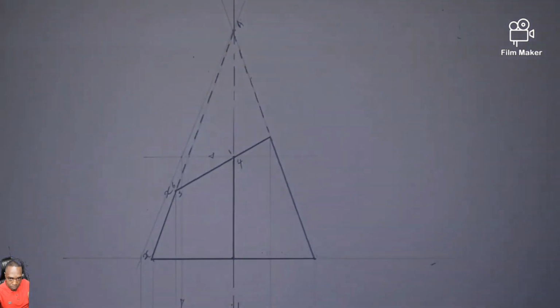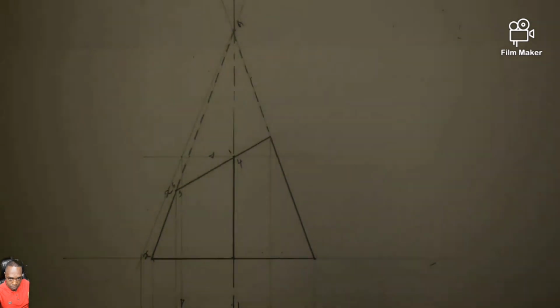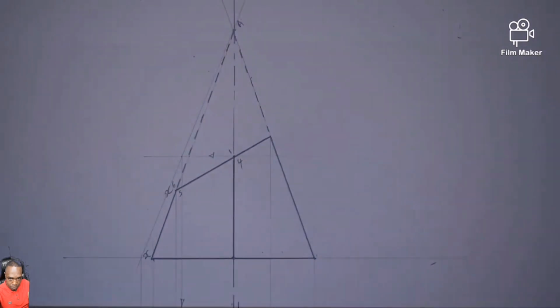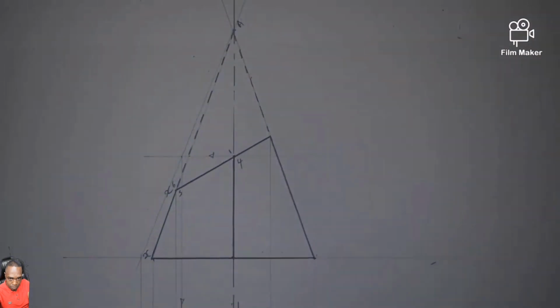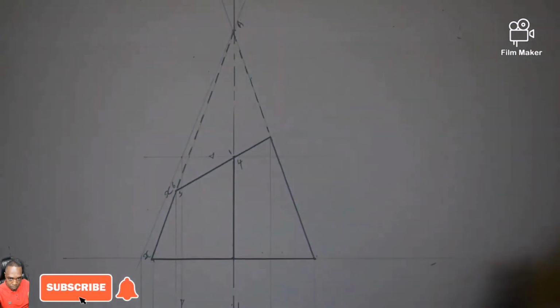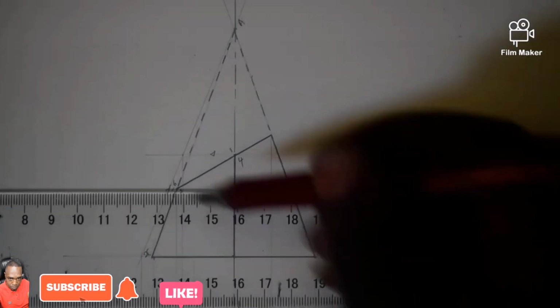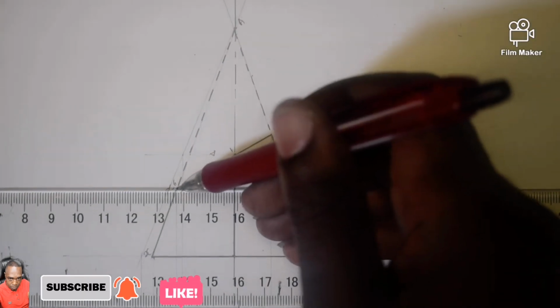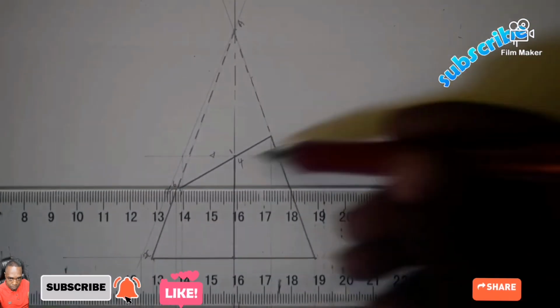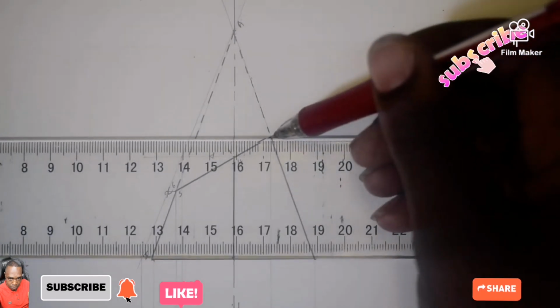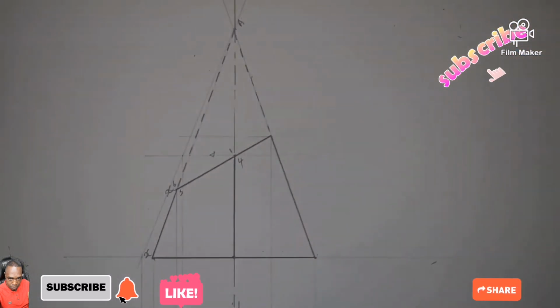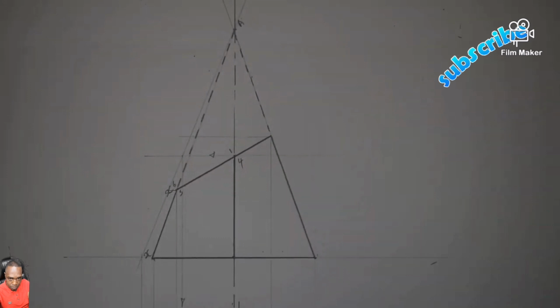Then let's do it. Then there you go, horizontal. This one is already there, this one, there it goes. Then from there